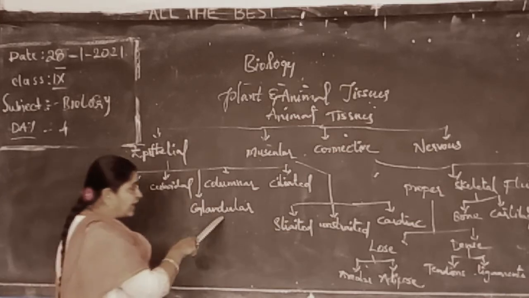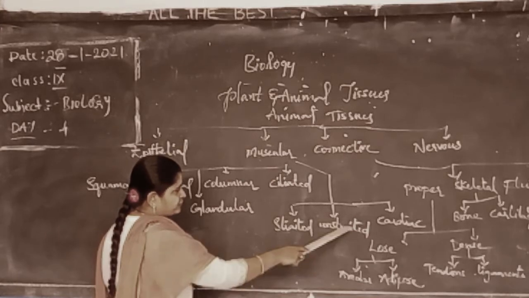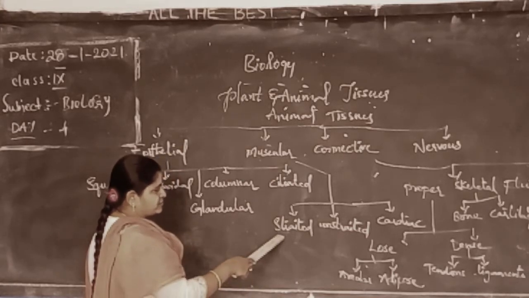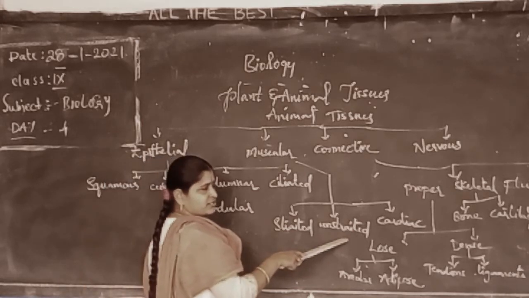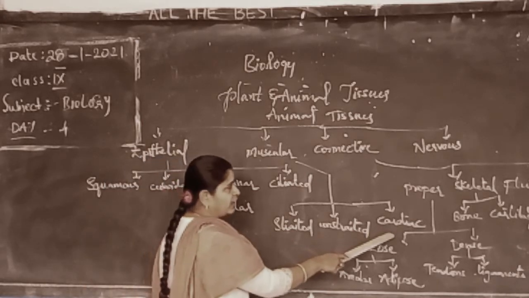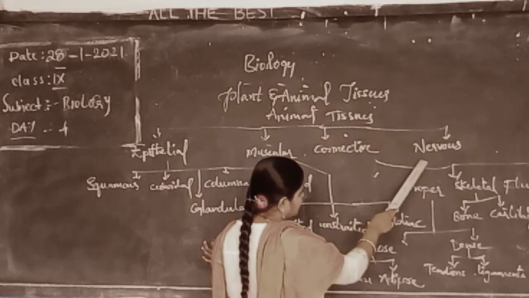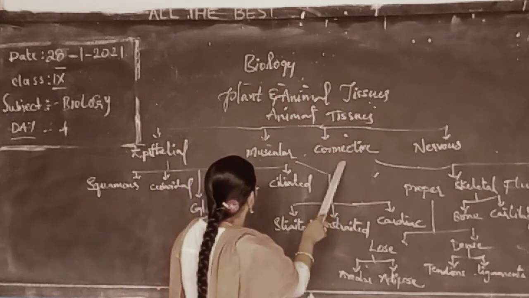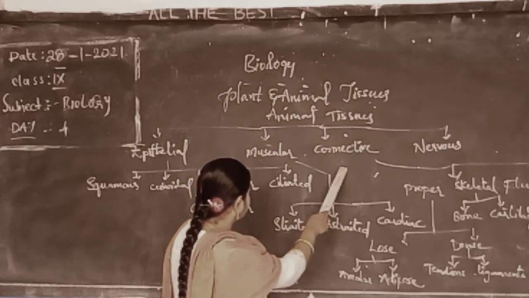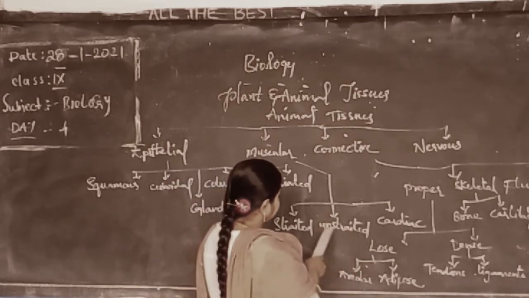Okay. Again, muscular tissue is categorized into three categories: striated muscular tissue, unstriated muscular tissue, and cardiac tissue. Okay. Again, this nervous tissue. And this connective tissue is only divided into, see here, proper connective tissue,